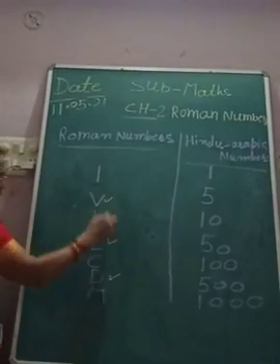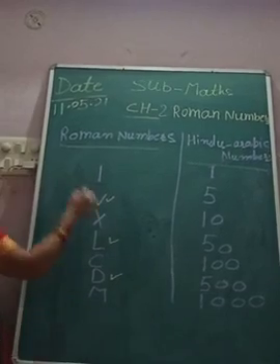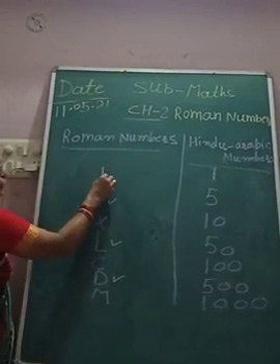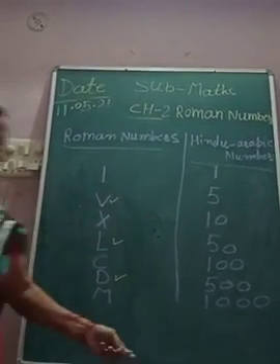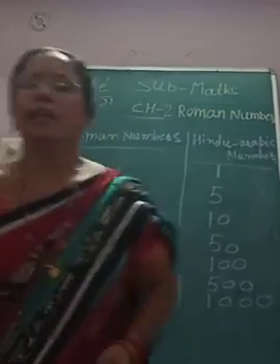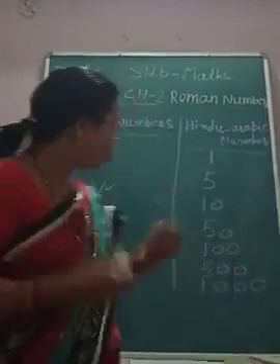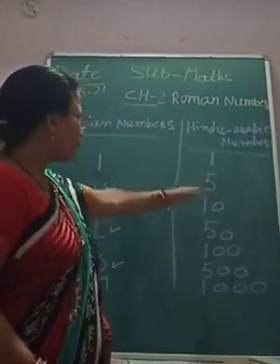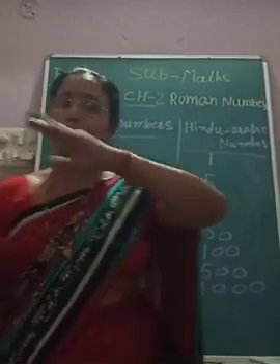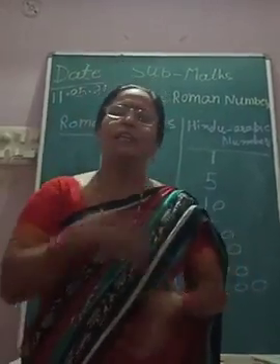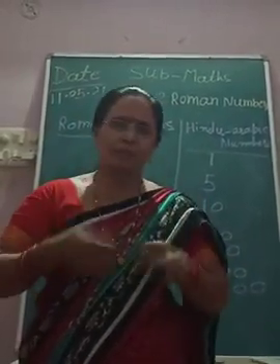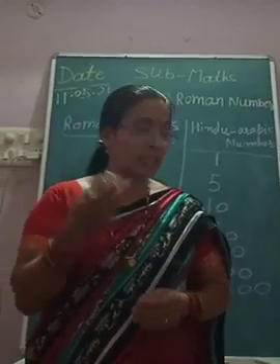Now leave this, again I will explain after that. First see this. This one is 1. So here is a rule: any Roman numeral we can write as in our Hindu Arabic. We can add 5 plus 5, any number from 1 to 10. We can repeat any digit more times, 5 times, 10 times, 6 times.